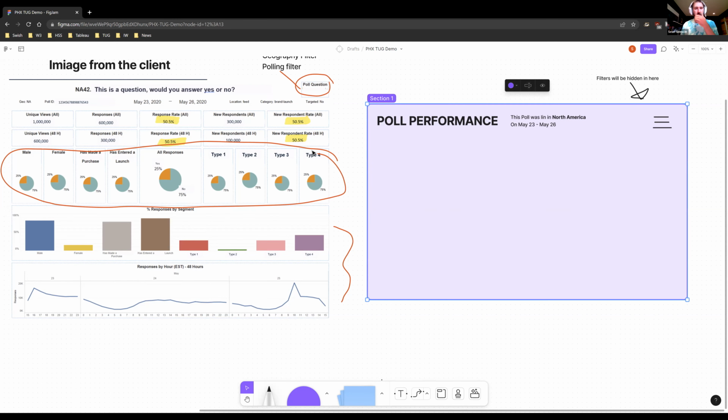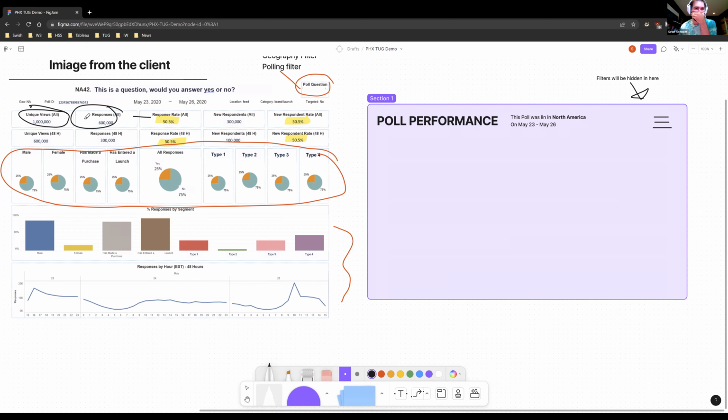And then from there, I was thinking about how this information is displayed. They've gone from left to right across the page. I know what's visible now is not the exact numbers, and I kind of regret changing them as much as I did. But what I quickly identified was that this number divided by this one gave me the response rate, right? So views to responses gave me the response rate. And if I did new respondents, I got the new respondent rate. So these numbers are related in a way, and identifying that made this ordering make sense.